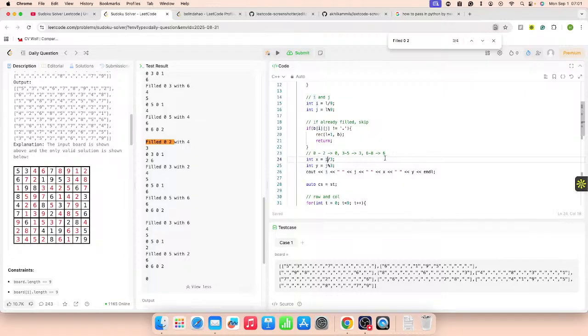So what mathematical thing can I use to get this? 6 to 8, I can hard code it, definitely, but how can I get this? 5 से 3 कैसे मिल सकता है? Yeah, it is something like